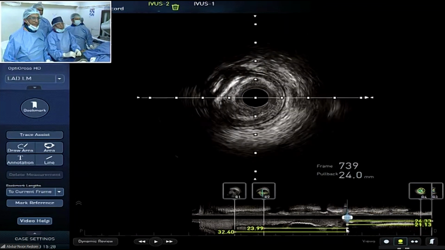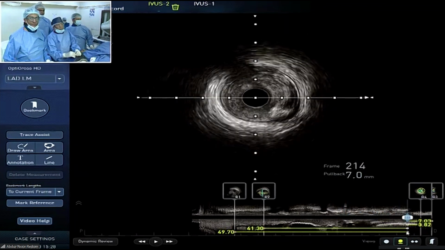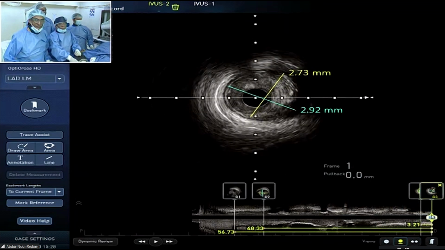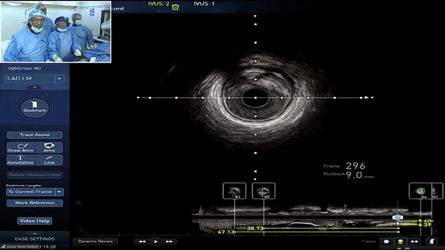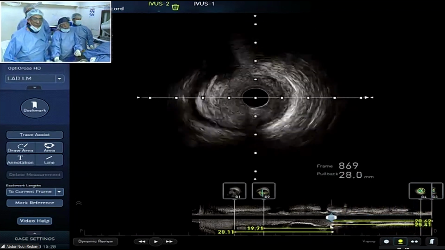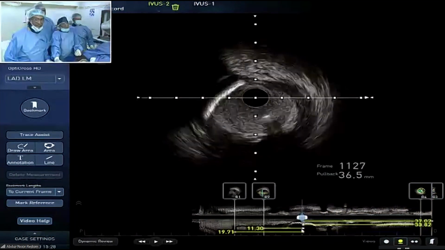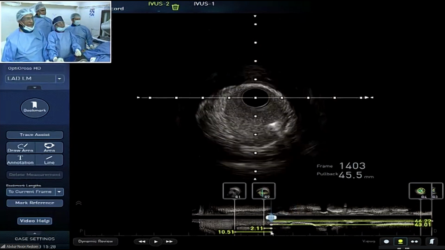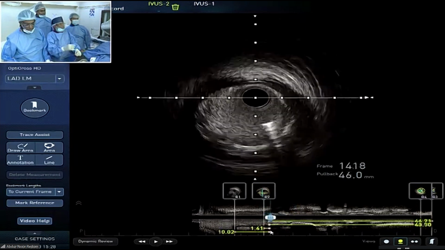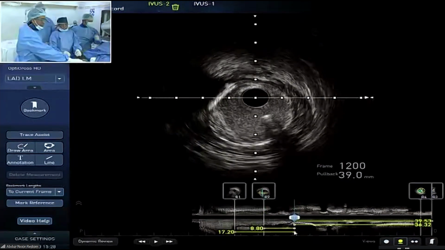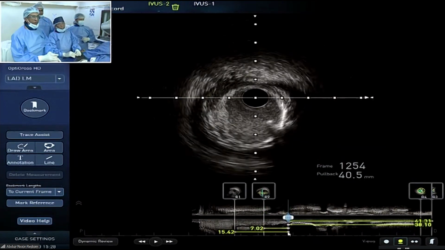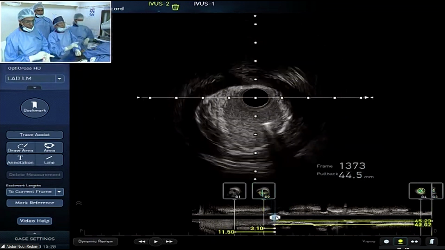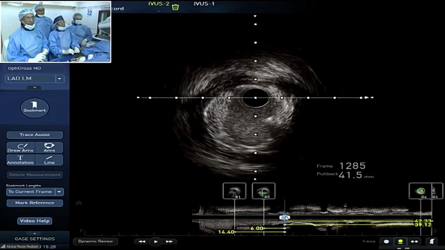But maybe with the IVUS, you see the artery was kind of elliptical. I think you overmeasure if you go by the IVUS. I think it's more 4.1 than 4.4. So probably it's 4.1, maybe close to 4. Yeah, I would do 4.0 with the NC and then probably do another IVUS to see if we need to do any further post-dilatations of the proximal branch.